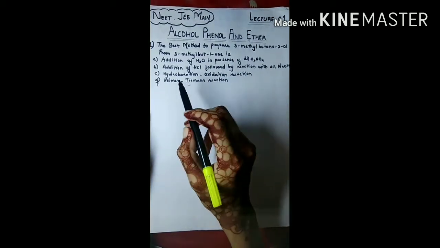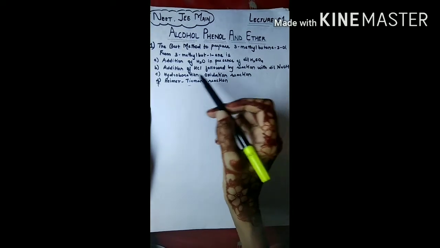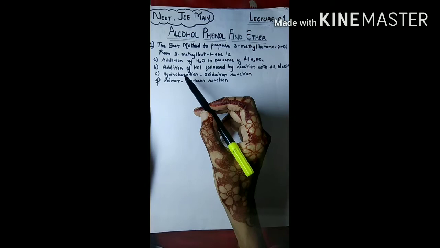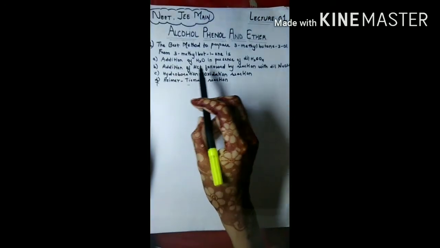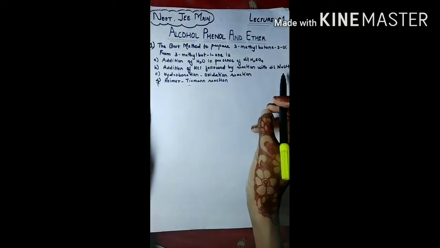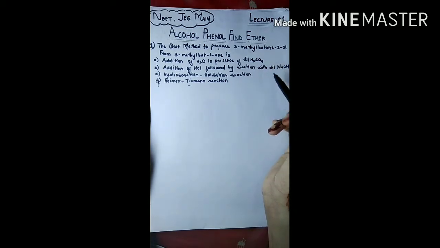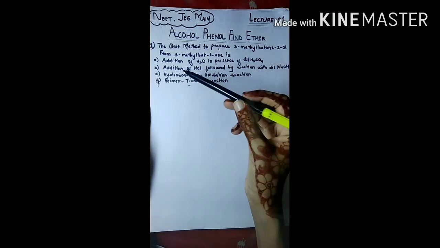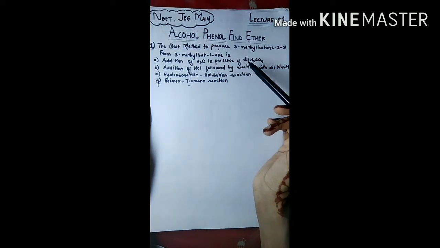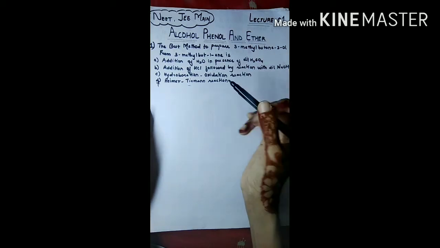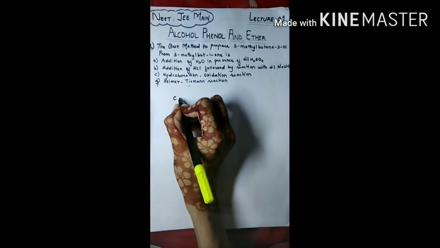Now we'll see the other options. We can analyze that hydroboration oxidation and addition of HCl followed by reaction with NaOH don't take place in one step, but addition of water in the presence of acid takes place in a single step. Basically, what is meant by best method? The best method is the one which gives maximum yield in minimum time. So the right answer will be the first one, that is addition of water in the presence of dilute H2SO4.